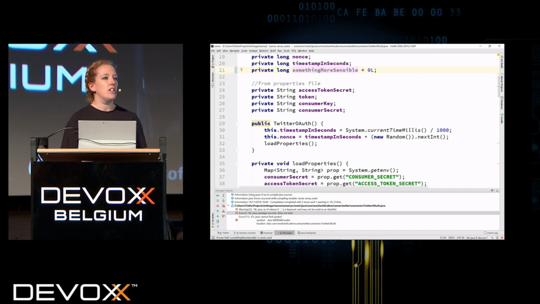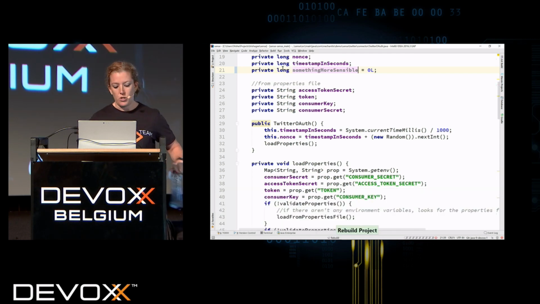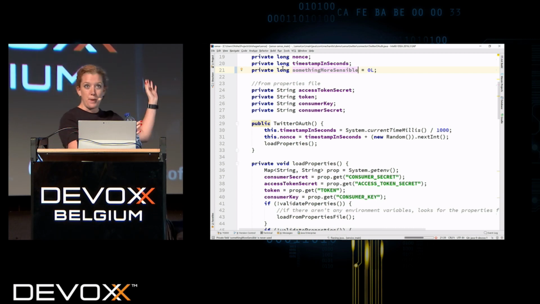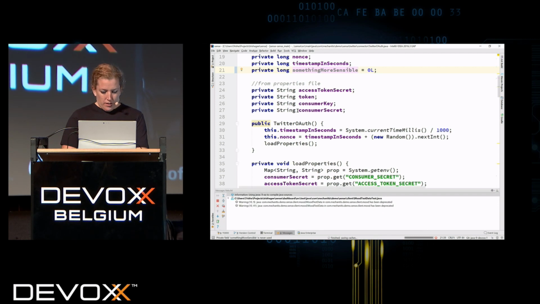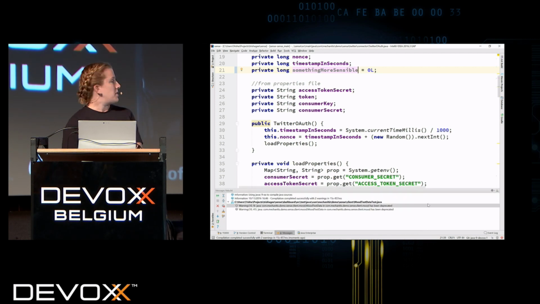So if you compile it against Java 9, you will see, potentially, even in a small code base like this, some things will crop up that you need to make some changes to. But then when we do that and we do a build, recompile our project, we should see everything start to compile. Note, by the way, that IntelliJ IDEA is working perfectly happy with Java 9. Nothing breaks. It's totally fine. You can use Java 9 as the IDE, as the JVM. OK, cool. So we just have some deprecation warnings, but overall, everything still compiles.